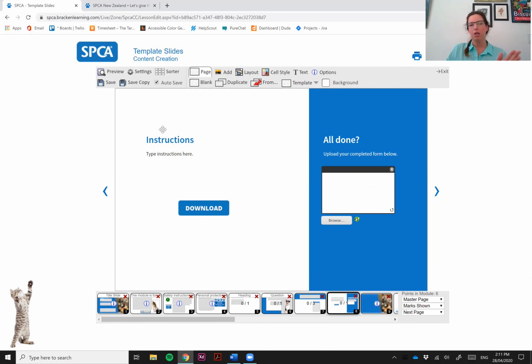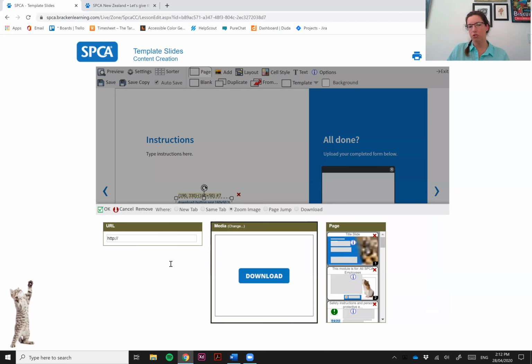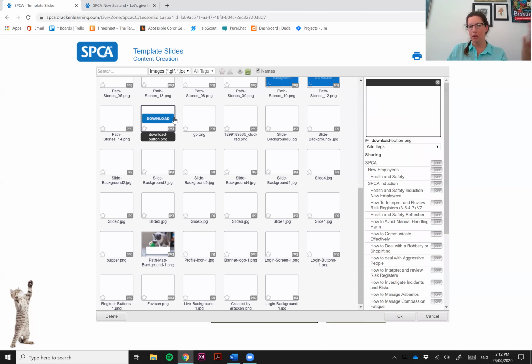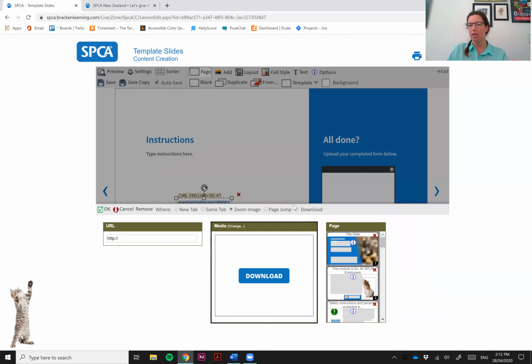So you would include some sort of instruction. For example, let's say you want them to provide a form of some sort. They need to fill a form out and they need to physically sign it. You could link a PDF to that form to a button that's just an image that looks like a button. That's all this is. You link that by going to double click on that image, and then you go to media and change, and then you upload whatever form you want, and you link the PDF, and then you select